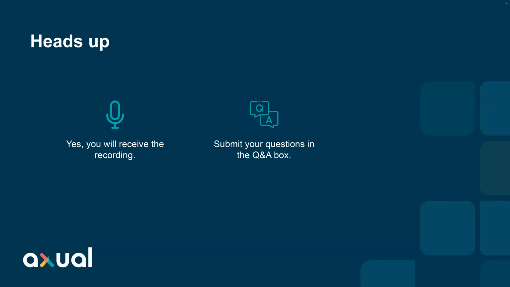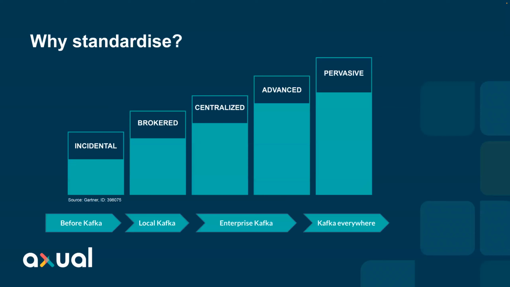All right, thank you, Joey. And hello, everyone. Today, we're going to be talking about standardization of Kafka in an enterprise context. Before we dive into the content, let's take a look at how companies actually go through a series of steps in enterprise adoption of Apache Kafka. This is a model that was drawn by Gartner. It's the maturity model for event-driven architecture, and it depicts companies as going through a series of steps in adoption of event-driven architecture with Kafka as one of the tools to do so.